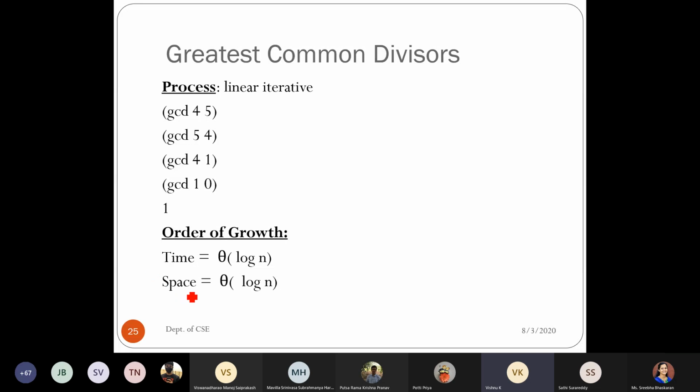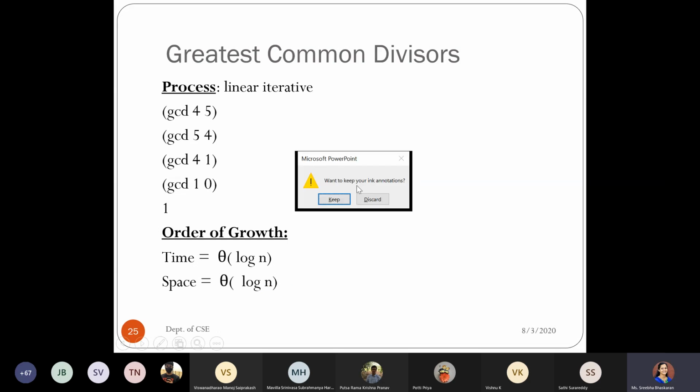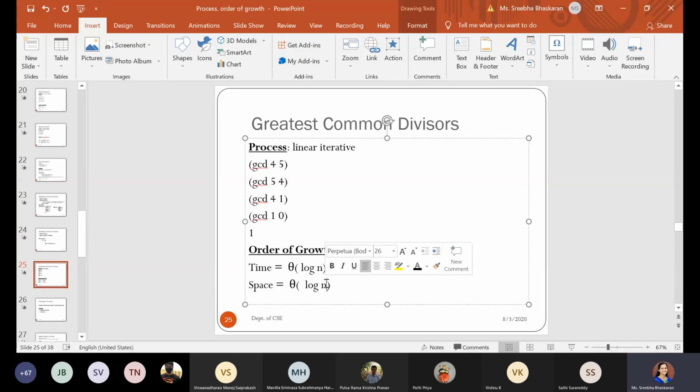Space is theta of 1. Yes, space should be theta of 1. When I was just copy pasting, I just copy pasted this. So space should be 1 here.